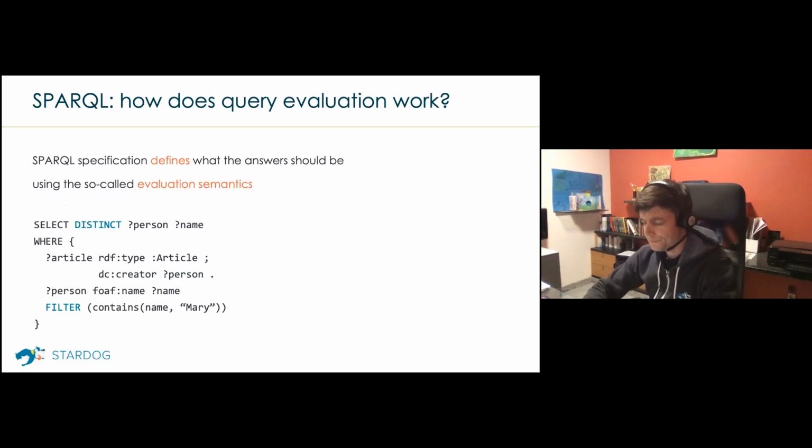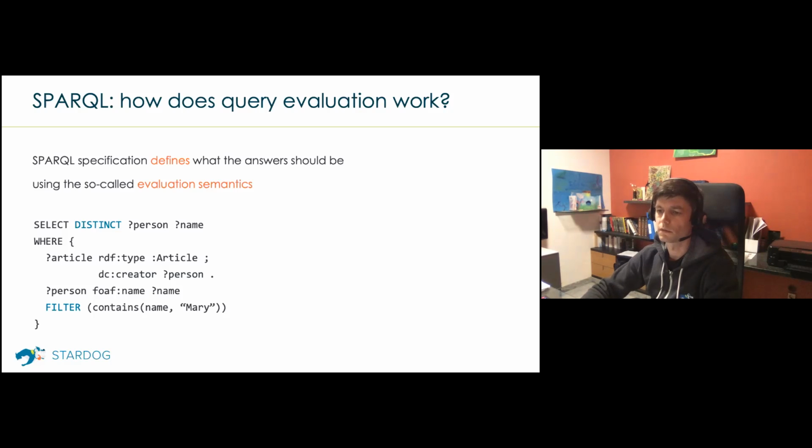Okay, so now we move to SPARQL. I was told by Marco that this is not a SPARQL introduction course, so I will not spend much time defining the syntax of SPARQL, what kind of things you can do with SPARQL, and so on and so forth. I suppose most of you have written at least one SPARQL query in the past. So the syntax of SPARQL, when I put some queries on the screen, is not going to scare you too much. But I still want to talk a little bit about the semantics of SPARQL queries,